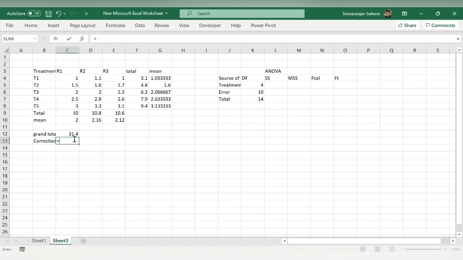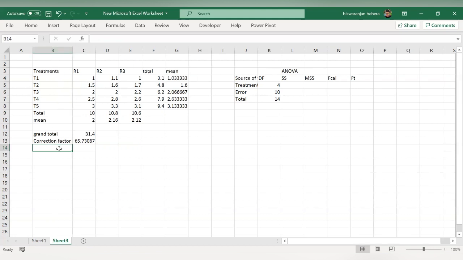So here the correction factor will be the square of the grand total divided by 15. The total number including replication means 5 into 3, that is 15. So the correction factor will be 65.73.